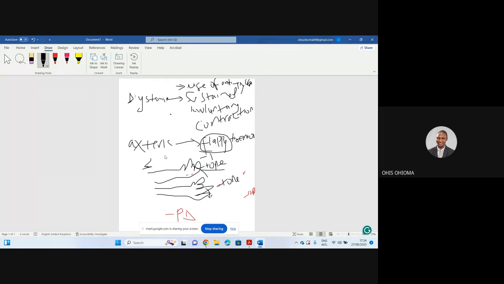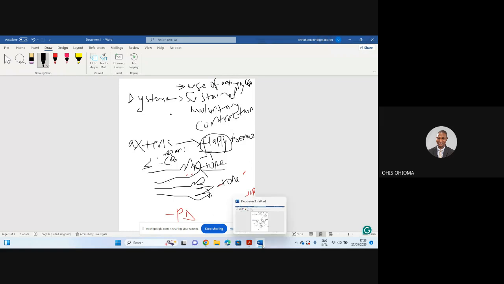And this is as a result of accumulation of metabolites. It could be usually hepatic encephalopathy. Hepatic encephalopathy is the commonest cause of flappy tremor. I think there's another cause of it. Do you guys know another cause? I think uremic encephalopathy causes it. Yes. And then there's carbon. Is it carbon dioxide toxicity? You guys should check this out. Yes, hypercapnia. So those are the things that can cause a flappy tremor, which is asterixis.